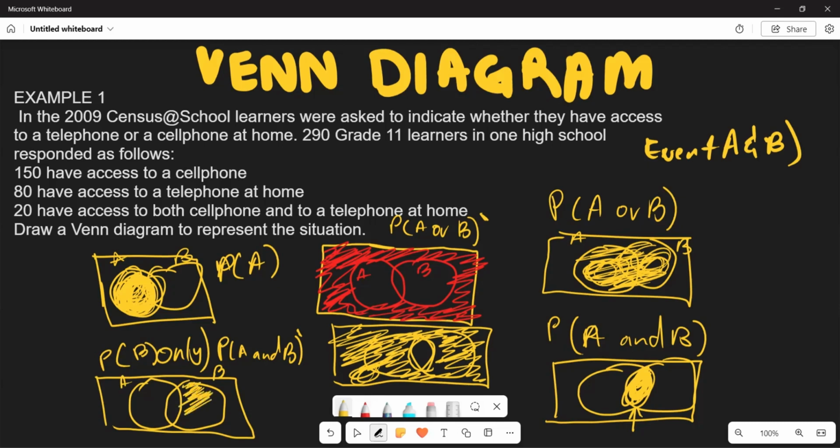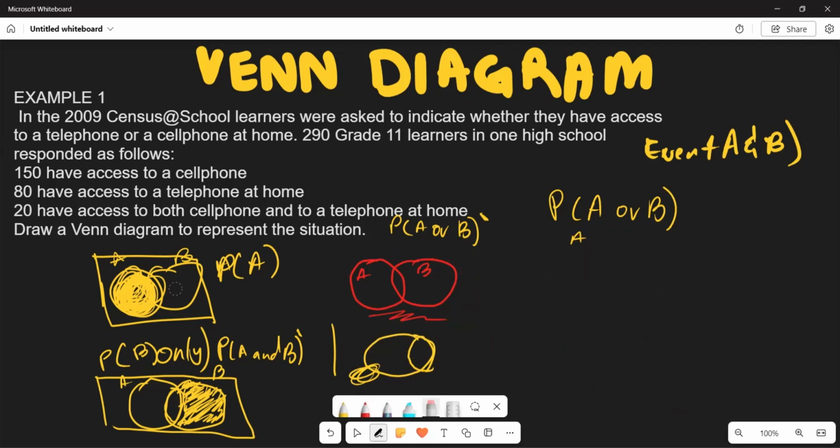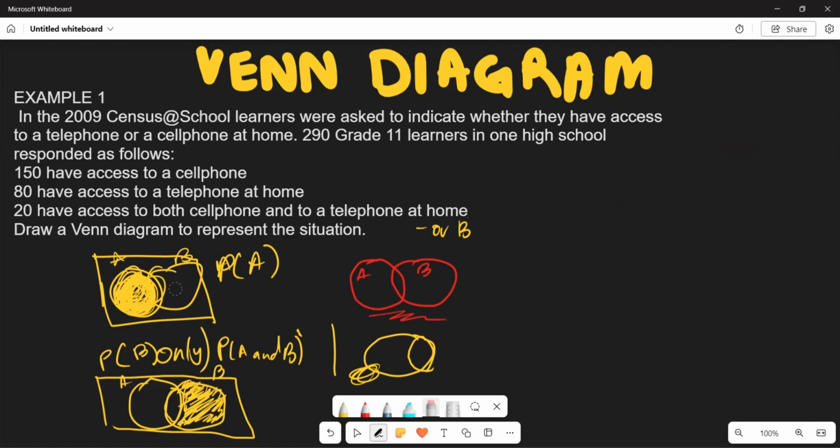It is just only going to be this part, because you are not going to include the intersection part, right? Every time they say B only, you write everything except the part where A and B intersect. That's where you represent the probability of B only, right? I just wanted you to understand those basic fundamentals before we go and understand all these particular